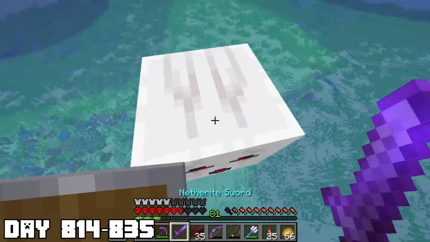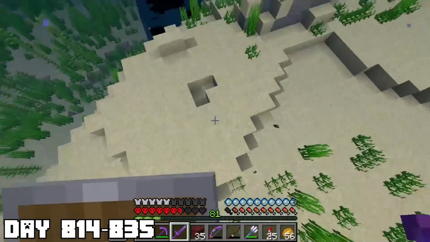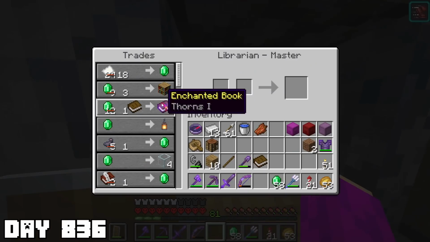Then I did a downward swing on the ghast with my Looting 3 sword. I felt like the true king of the ocean right there. That was pretty epic, I'm not gonna lie. And on day 836, since that advancement was a ton of work, I decided to take a break from advancements,